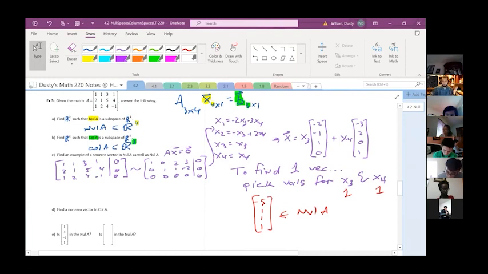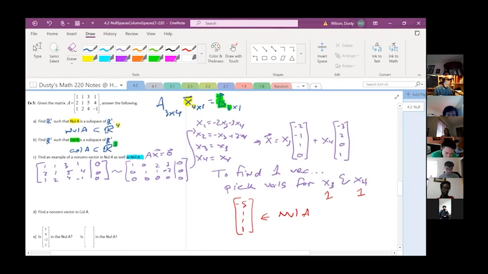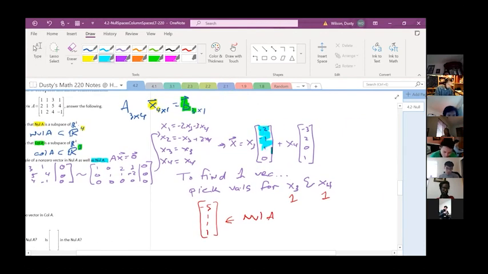If you'd chosen a different x3 and x4, you would have gotten a different vector. But this is a vector in our null space. This isn't all of the null space. The question also asks us right here to find the null space of A. And so if we want to actually find the null space, we're going to take advantage of these vectors here